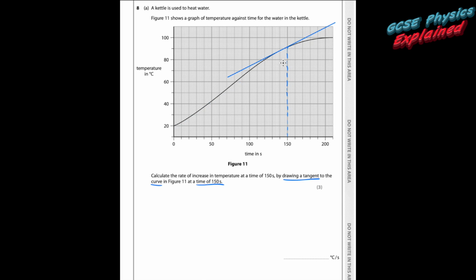Now all we need to do is to get the gradient of that tangent, and that'll give us the rate of increase in temperature. So it'll tell us how much the temperature is changing by, so that's the change in the y-axis, over a certain amount of time. That's the x-axis. So we want y divided by x, change in temperature over time. Now because it's a straight line, you can just basically pick any two convenient points on that line. Right, well that looks pretty convenient